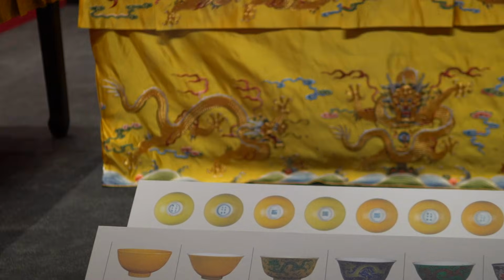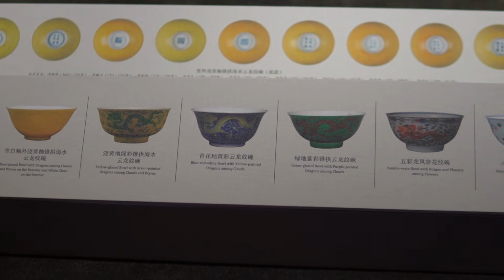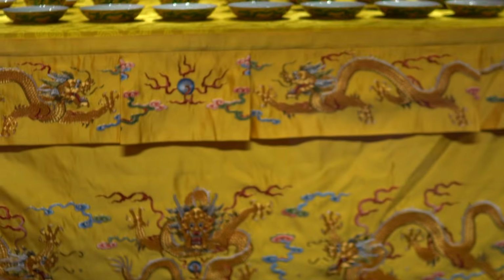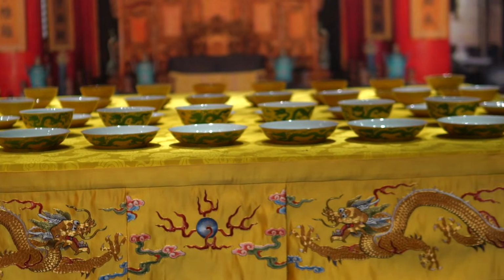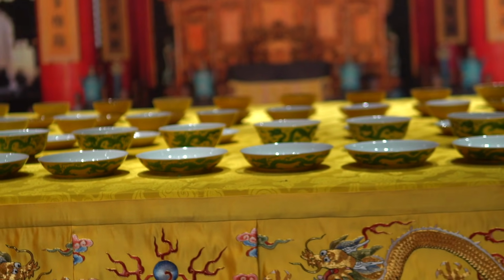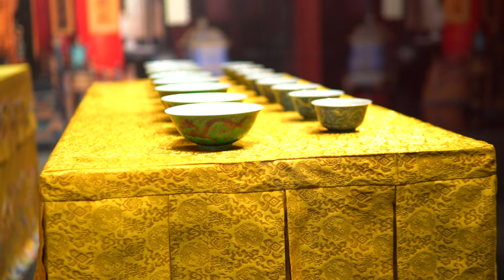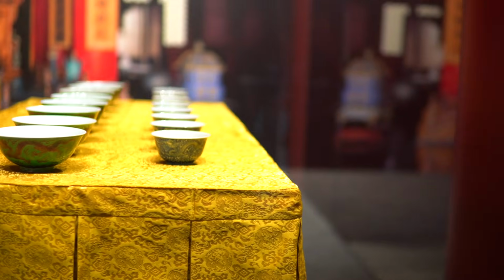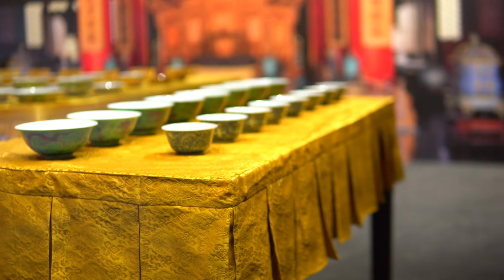ceramics. China is one of the earliest known producers and users of pottery, with ceramic craftsmanship in the country dating back thousands of years. Proto-porcelains were first made in the Xia and Shang dynasties before developing into the robust porcelain that we are familiar with today, around the Eastern Han dynasty. From what I've read, proto-porcelains, ooh, that's a tongue twister. Proto-porcelains are kind of like a grayish ware. It's still a high fire clay body like porcelain, but it lacks some of the integral qualities of a true